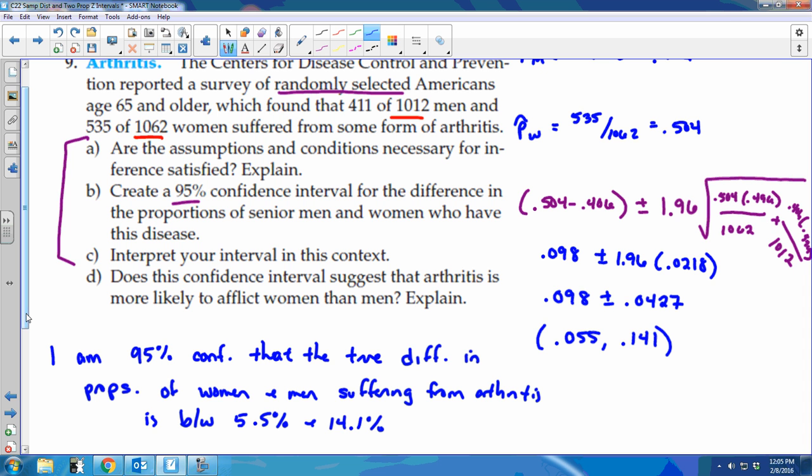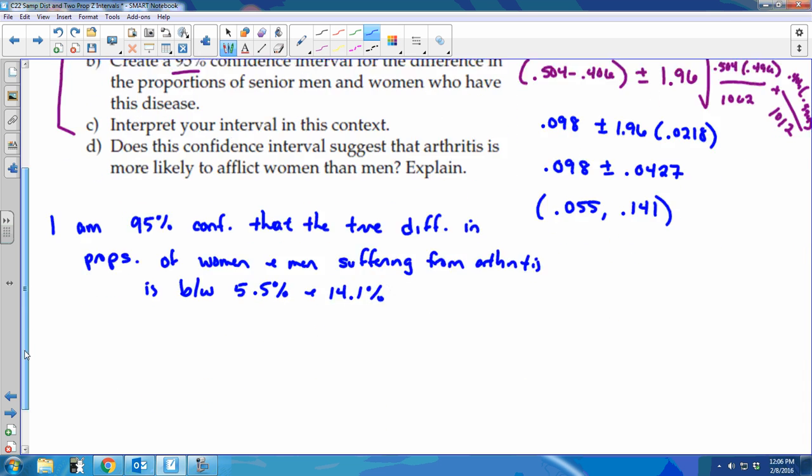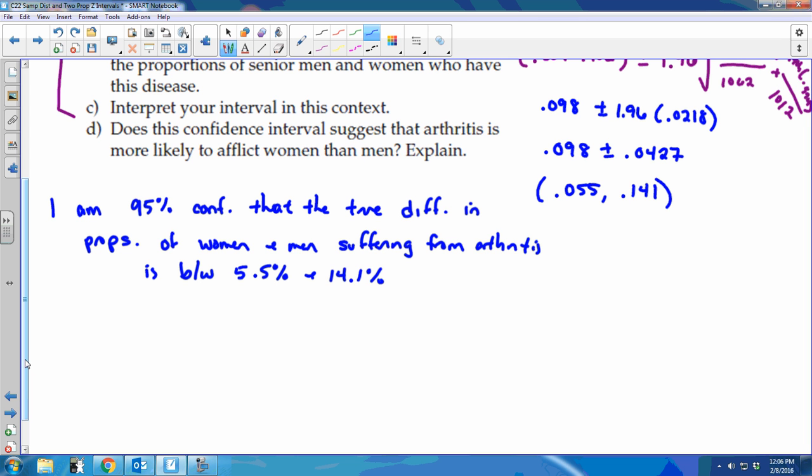Right? Here is another way to say that, though. We did women minus men, right? And we have an interval that has two positive numbers. So women minus men, that means that this difference is positive. That means that the arthritis has a higher percentage in women than men. Does that make sense? So another way to write this is, I am 95% confident